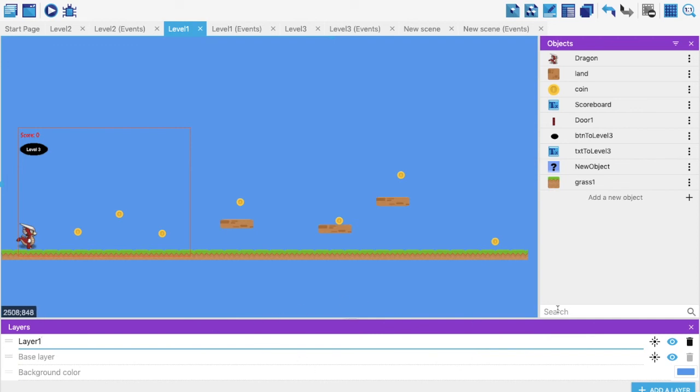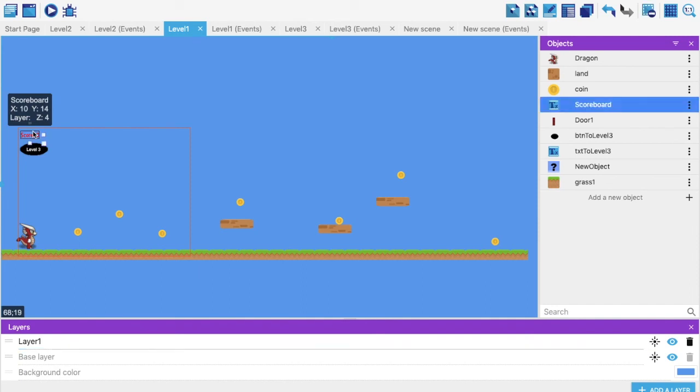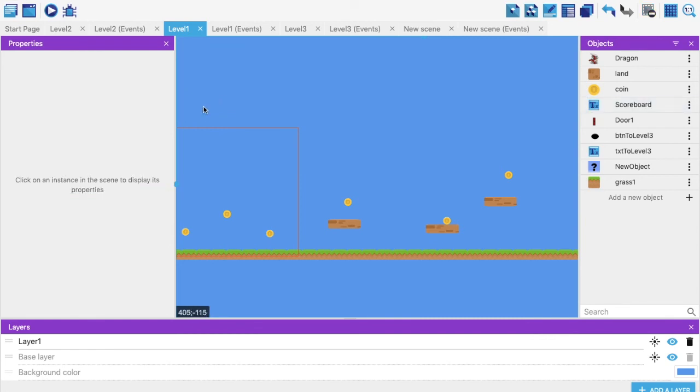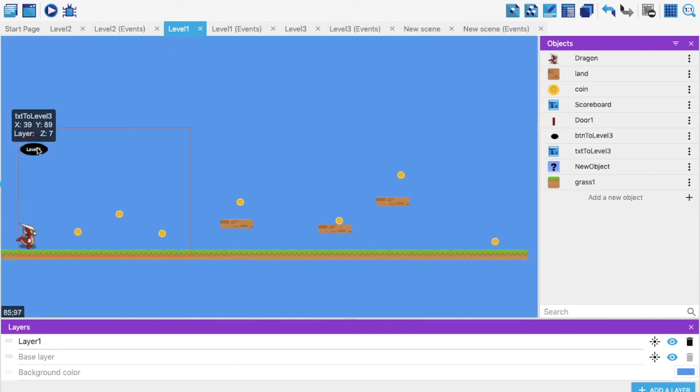And what I'm supposed to do is, I will just simply go to my scoreboard, I'll go to the property panel of my scoreboard, which is right here as you can see. And it says base layer over here. I'm going to change it to layer 1. Also, I don't want my button to move away from the screen.